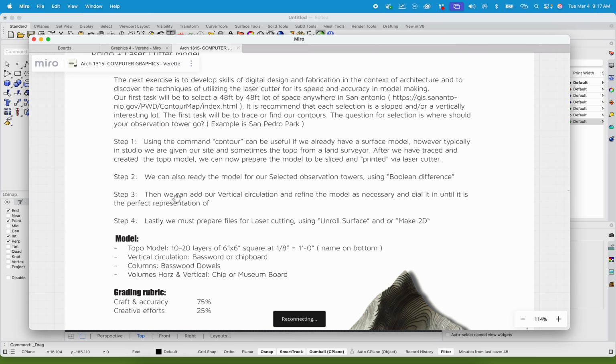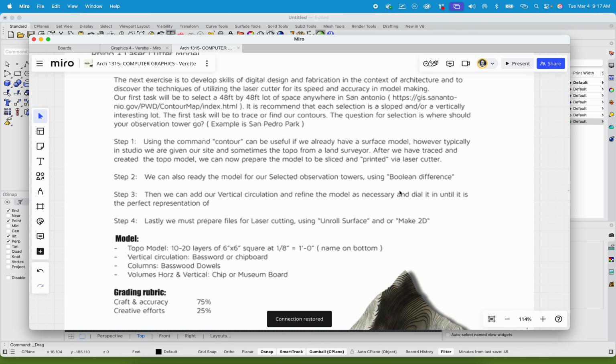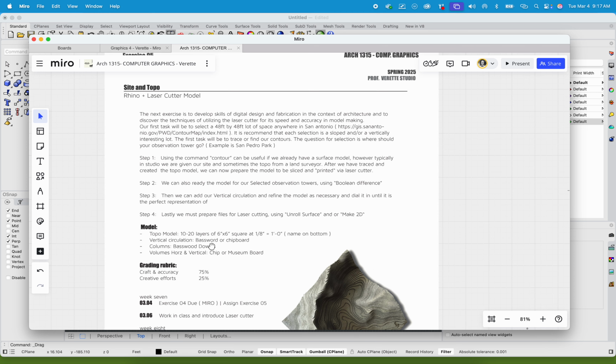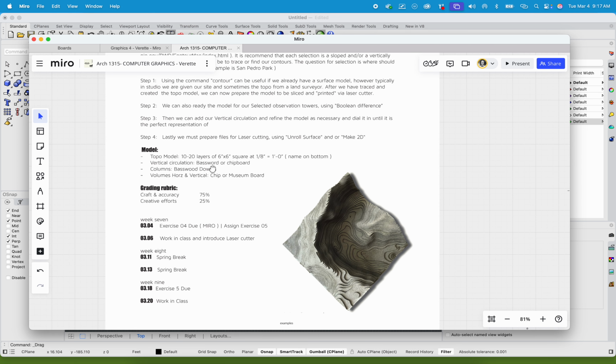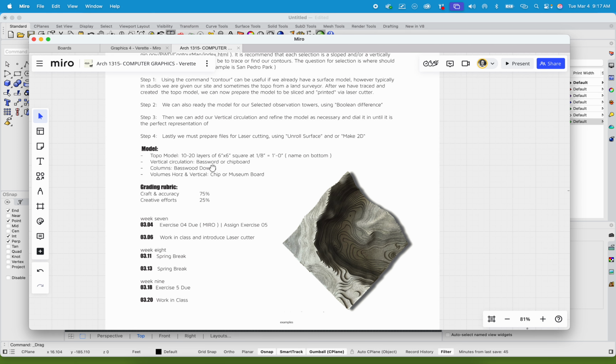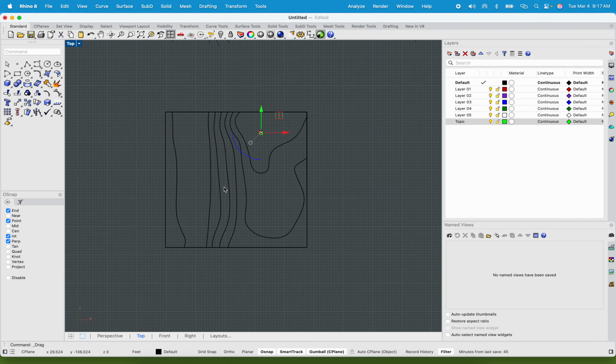Let me maybe remind myself. We can also use the model selected observation towers Boolean difference. Yeah, I think this is actually the one where I go into 3 different parts, and we do start putting things together. However, I won't get too ahead of myself. After all, it is the week before spring break, and I've already gone over a lot of bits and pieces